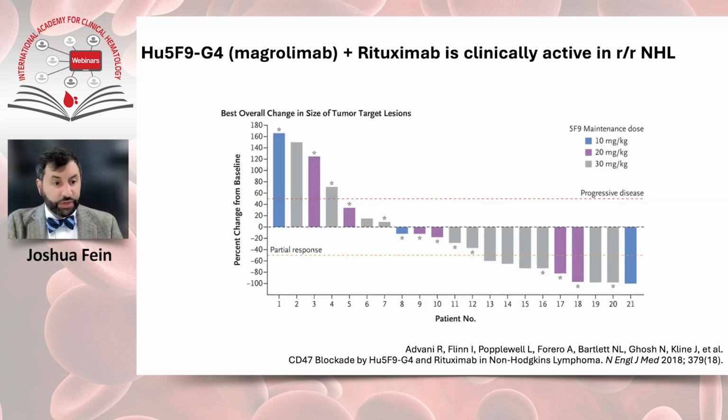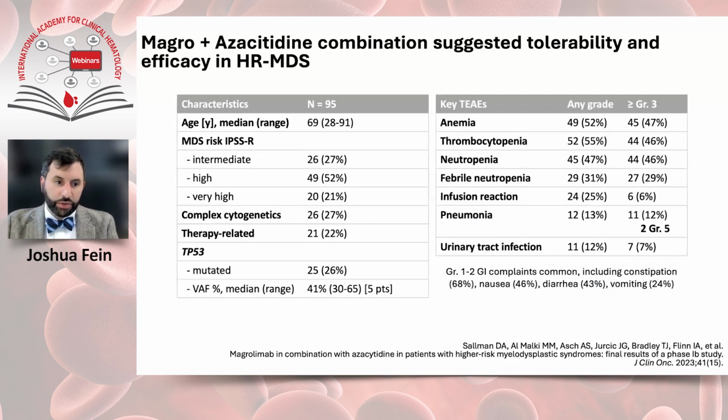And they found, first of all, that there was a very similar safety profile, that the on-target off-tumor anemia was successfully mitigated in a lymphoma population by the priming dose strategy that they had piloted in the initial phase 1 study. And they were able to achieve a number of partial responses and a small number of complete responses, including 2 DLBCLs. They then moved on to a number of studies in the myeloid disease space, and that's where I'm going to concentrate from here on out.